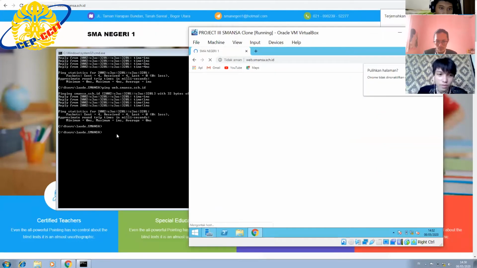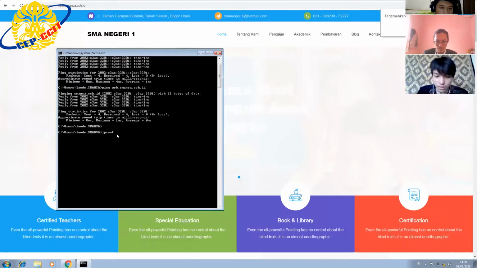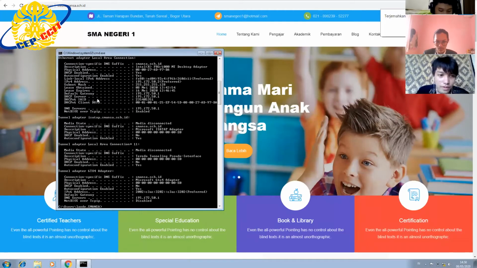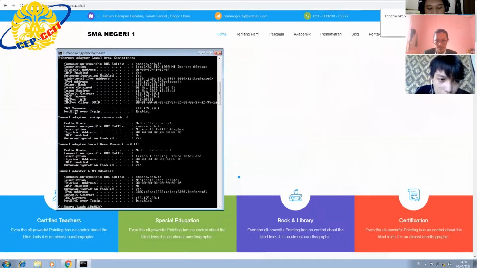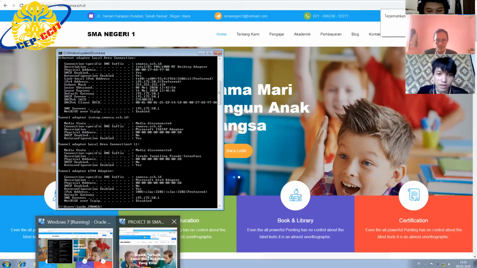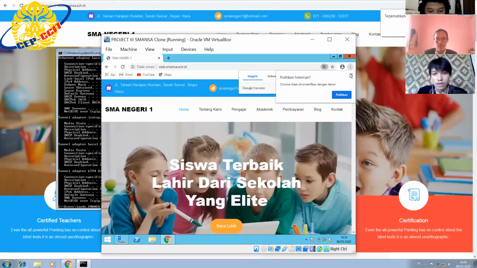We can check the DNS IP from the server. We can see the HTTP server, and we can get the DNS server from the HTTP server, that is 195.172.50.1. Now we can see the result: all the web server is the same on client and server. Success sharing DNS and web server. Thank you.